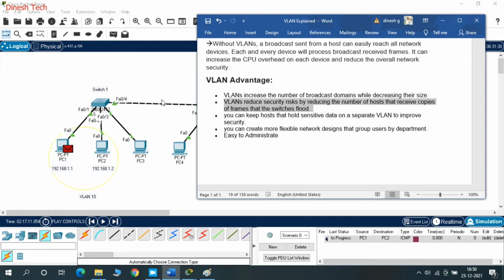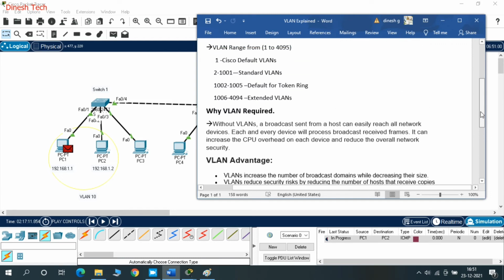There may be chances for hackers to connect a PC, receive the ARP request from the switch, and reply back with an ARP reply, which is a security risk. Third, you can keep hosts that hold sensitive data on a separate VLAN to improve security. Fourth and fifth, we can create more flexible network designs based on our requirements, like sales, accounts and management departments. It's easy to administrate also.